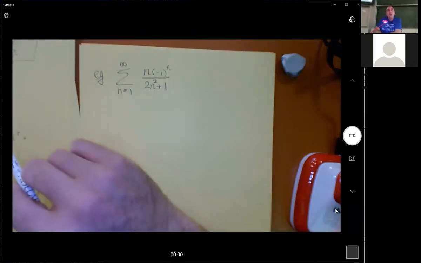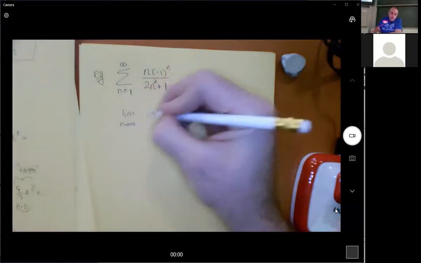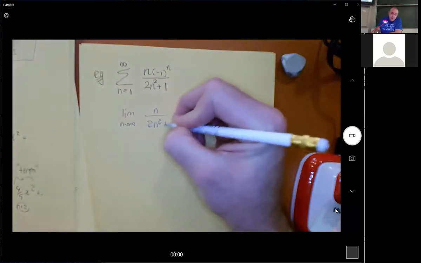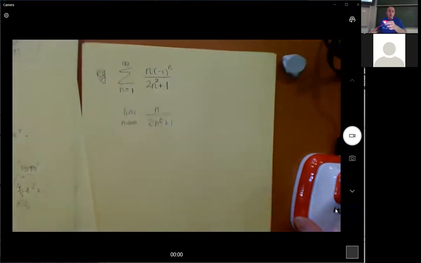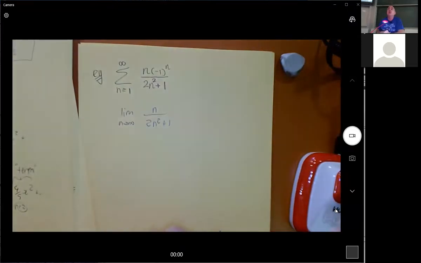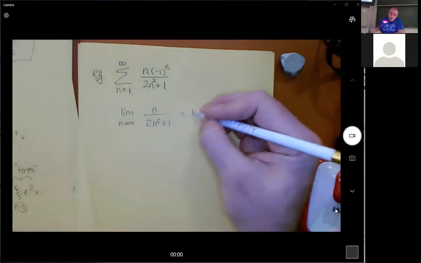First, I have to see if the terms are going to 0. And so I'm going to need to do the limit as n goes to infinity of n over 2n squared plus 1. I can see that they're both polynomials and the numerator has a smaller power of n than the denominator. And so it should go to 0 because the denominator is bigger. But to be absolutely certain, normally what you do is you divide both the top and the bottom of this fraction by the biggest power of n that is there. And so this would be,